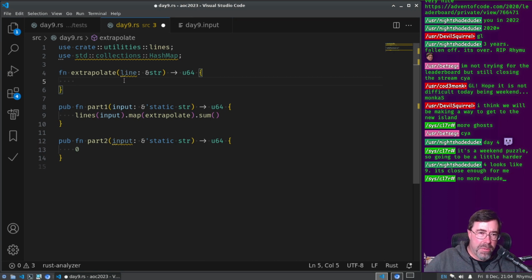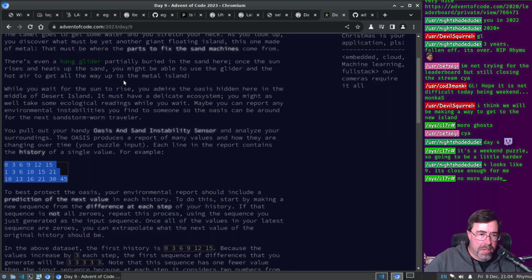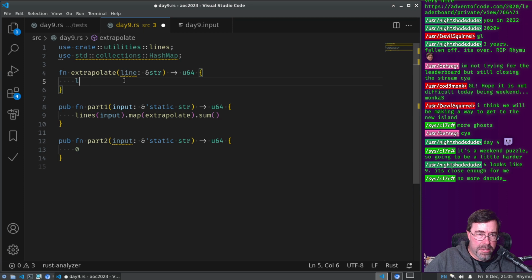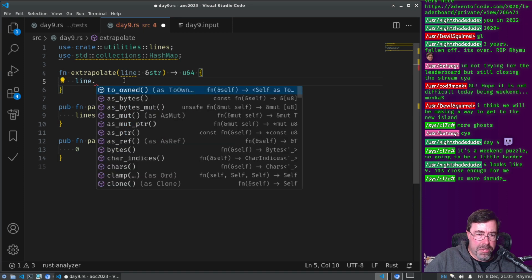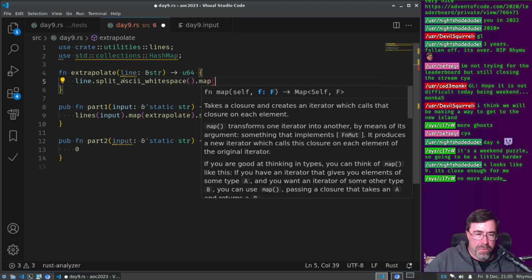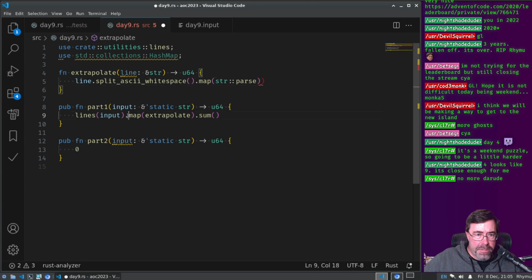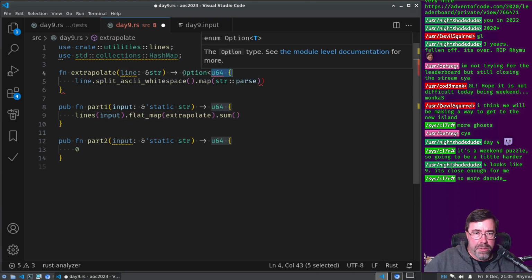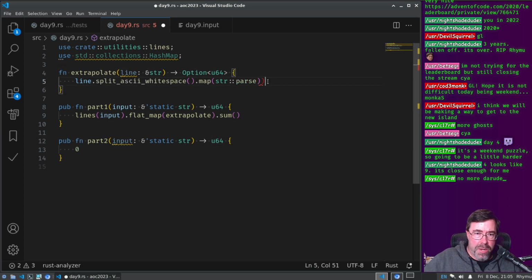So first thing we want to do is, I guess it's line split ASCII white space and then map through string parse. Let's do a cheat here. Flat map that to make that an option, and so we don't actually have to unwrap that anymore, right? So we parse it, and then